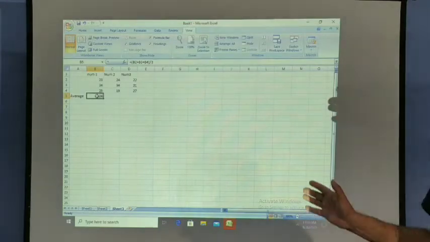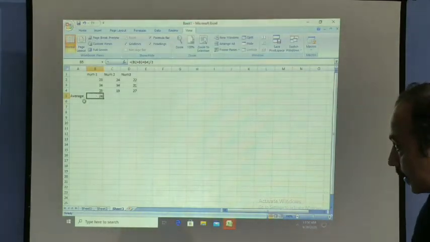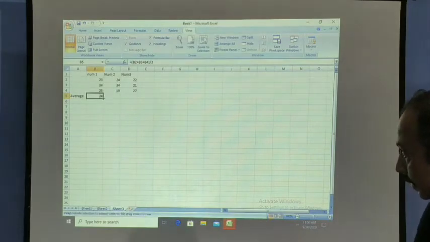Now see, when I copy this, this is the relative referencing, look at this address. I am giving B2 plus B3 plus B4 divided by 3, and if I have to take the average here, it will be C2 plus C3 plus C4.